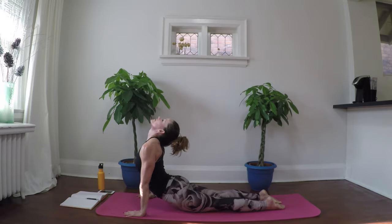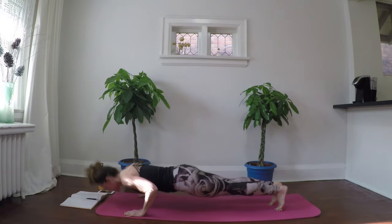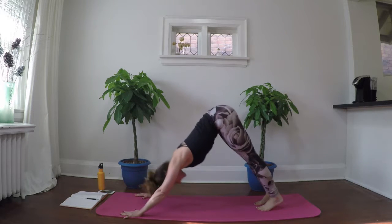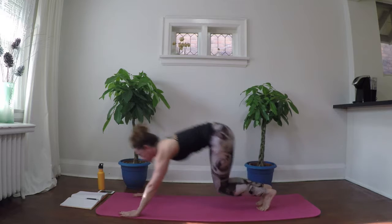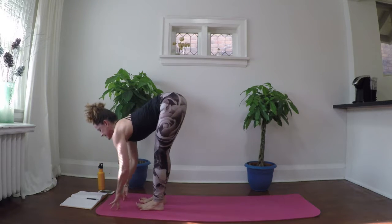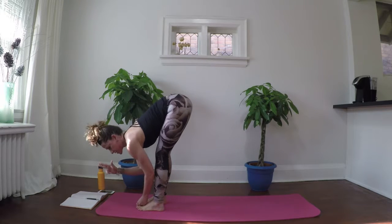Or cobra or up dog. Lower push up and down dog. Sink those heels, bend through the knees and step or jump into your hands. Inhale, lift the chest. Let's exhale, let's grab on to the big toe with the first two fingers and thumb